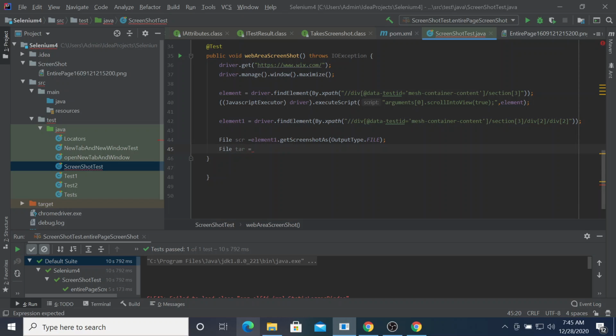target, and I need to create a new file object. Inside that file object I need to specify the path which I am going to save my screenshot. Since I want to save it under screenshot folder, I will write path append screenshot, and you can give any name. I will write web area, and I will append the